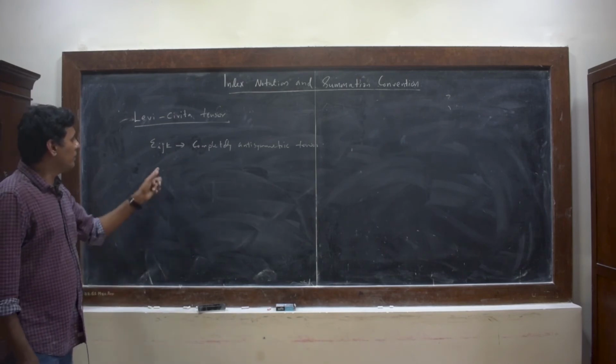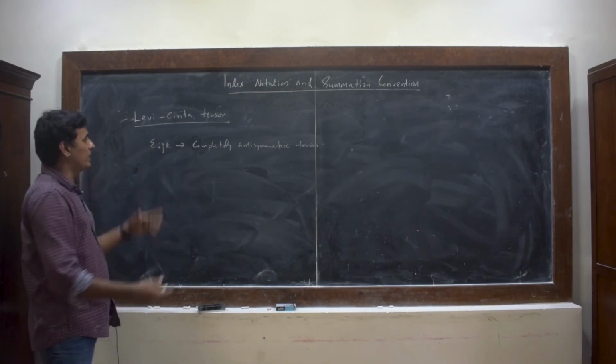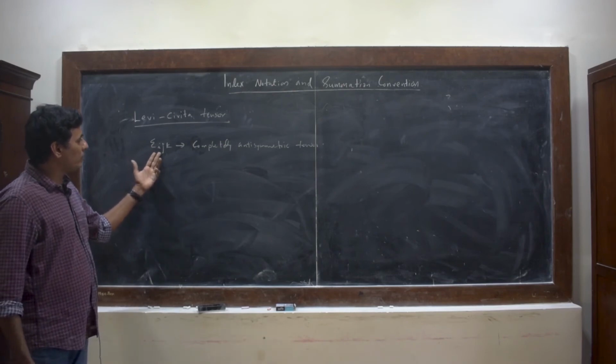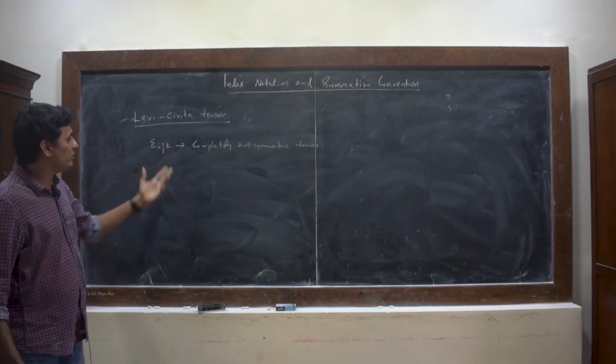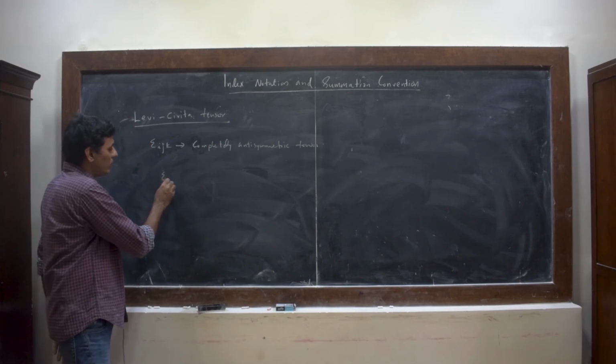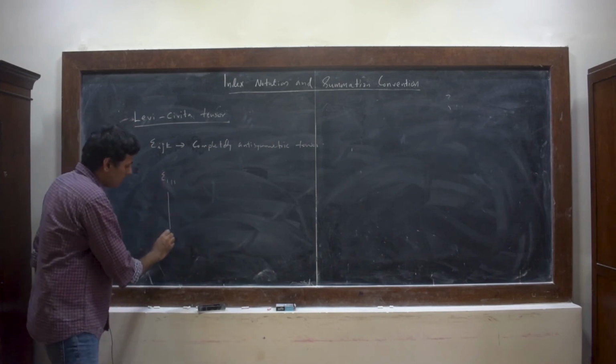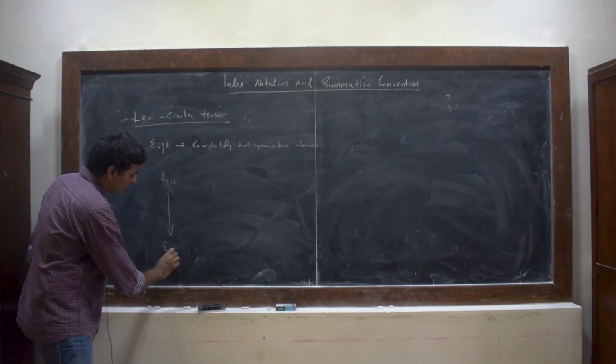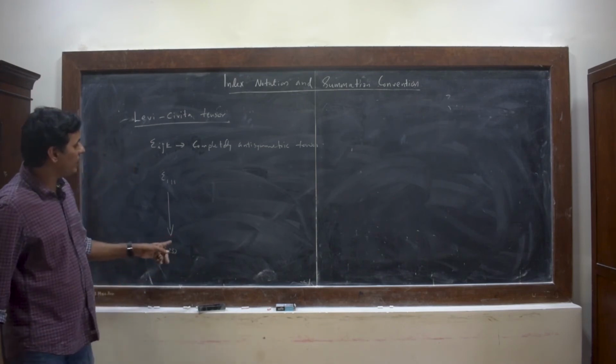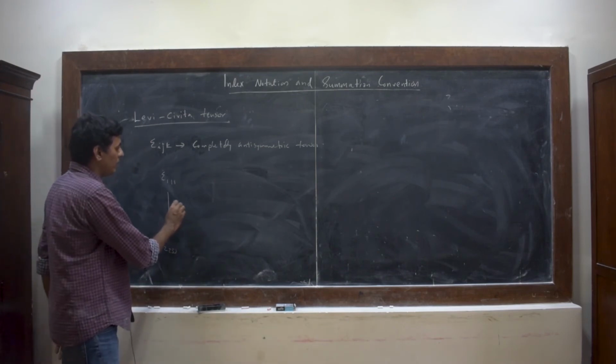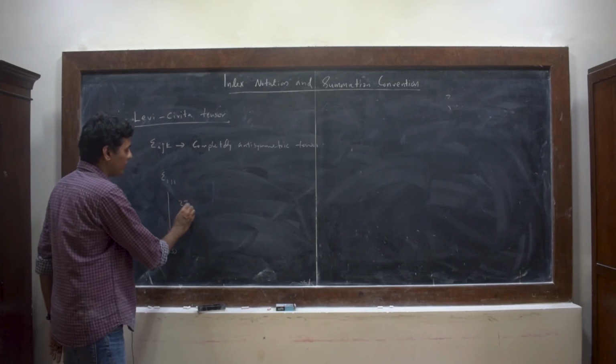Okay. So you know that because you work in 3 dimensions, your i runs from 1 to 3, j runs from 1 to 3, k runs from 1 to 3. So you will have all the stuff with epsilon 1 1 2, it goes all the way up to epsilon 3 3 3. So altogether how many elements will be there? You will have 27 elements.